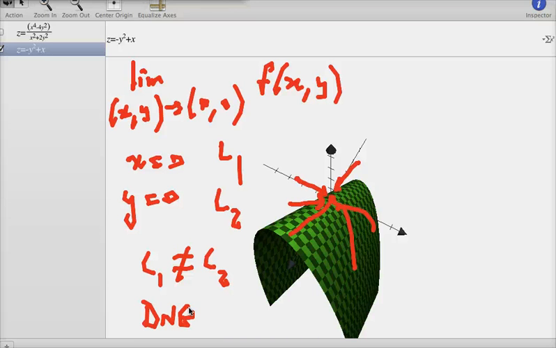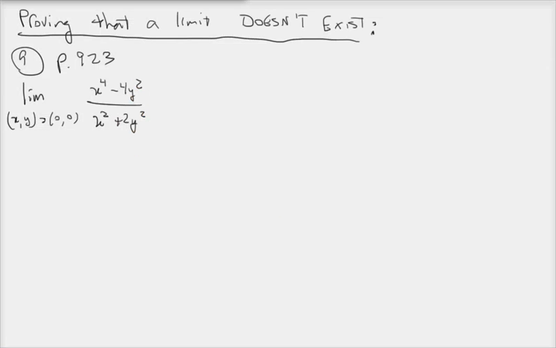And so a little later we're going to talk about how to prove a limit in multiple variables exists, but proving that it doesn't exist is actually quite easy. You just need to approach it from two different curves and find two different limits there. And so I'm going to give you an example of doing that right here. Alright, so we're going to start off with